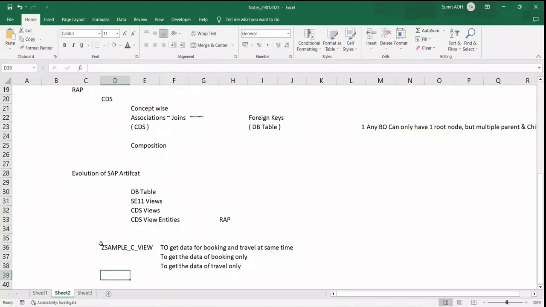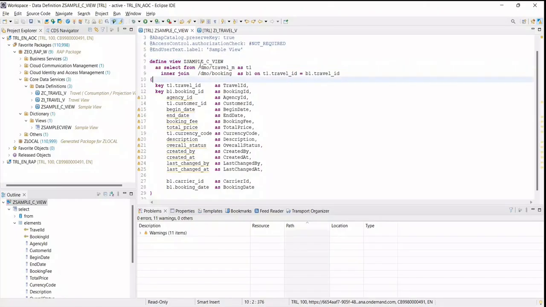So what you have done is, like we used to do in ABAP, that if you don't want to write each and every query on the database table, if you don't want to expose this directly, you would create a SE11 view, and that SE11 view will going forward be used for all the queries that you are doing. Okay. So if you see that this view is something that I have created, now I want to fetch the